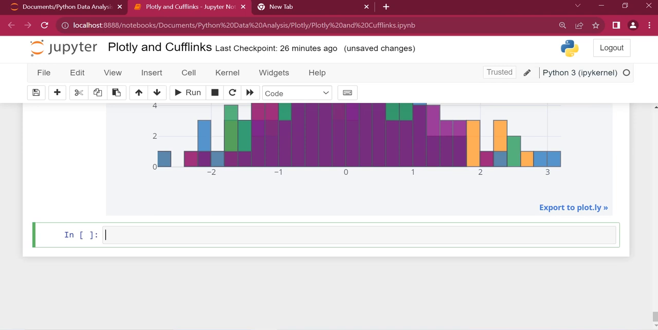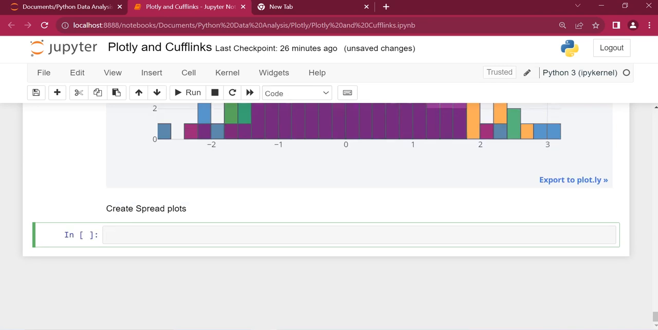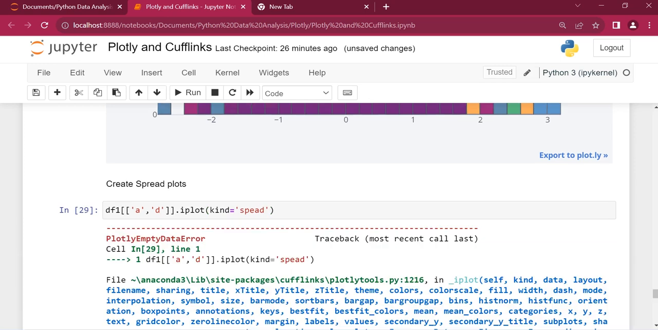Now let's see how to create spread plots. I'm going to write a markdown here for spread plots. Here I say create spread plots. Now spread plots are mainly used for stock data analysis. So here I'm going to do df1 of, let's specify the columns as A and D, and then I'm going to do the iplot, then specify the kind to be spread, and let's check. Alright, okay, this should be spread,